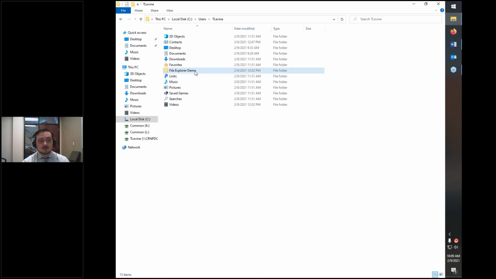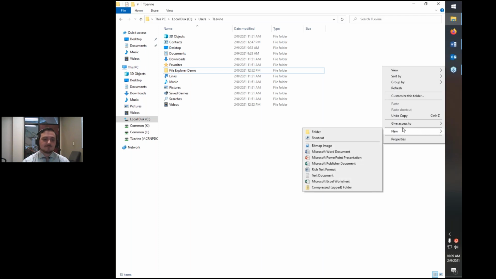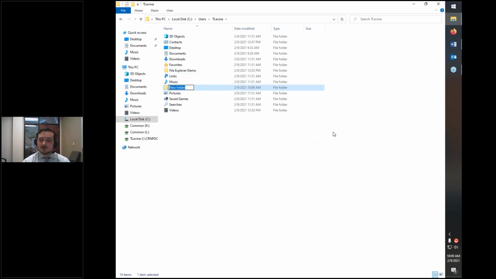I have a demo up here to sort of display different ways to organize your files. But if you're going to create your own file system, first you need to know how to create your own folder. All you have to do in File Explorer is go over to a blank area of the File Explorer screen and right-click. Then you can go under New, and you can make a new whatever is displayed. Folder is the first option, and Shortcut is the second. We're going to click on Folder. And when I click on New Folder,